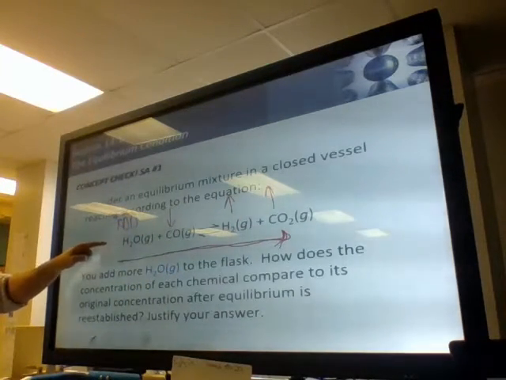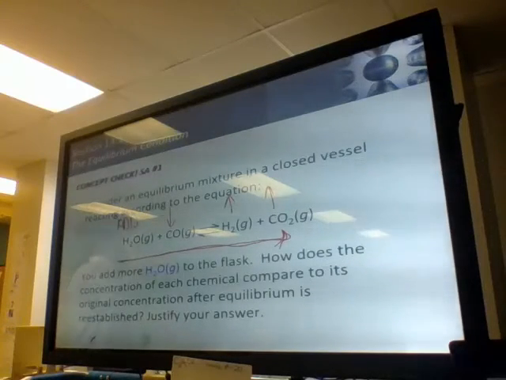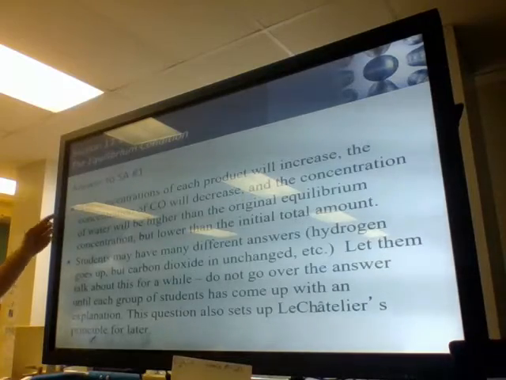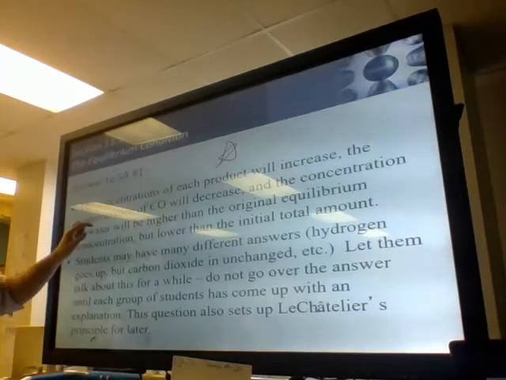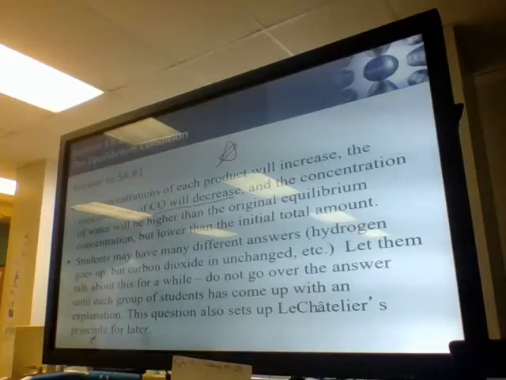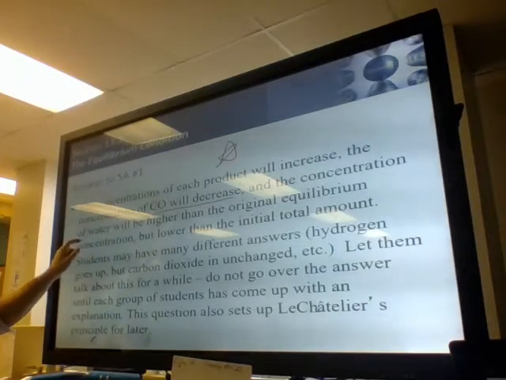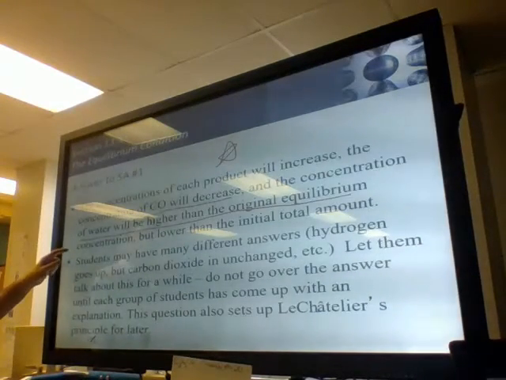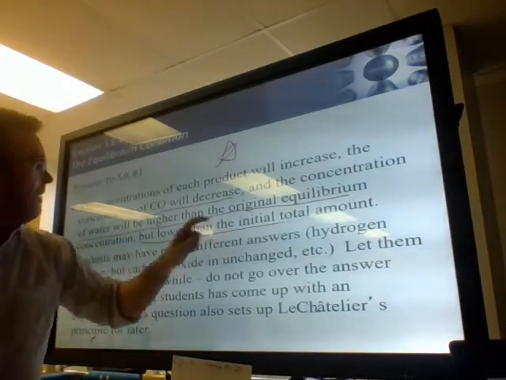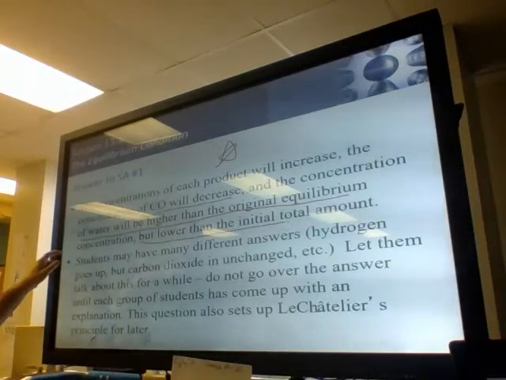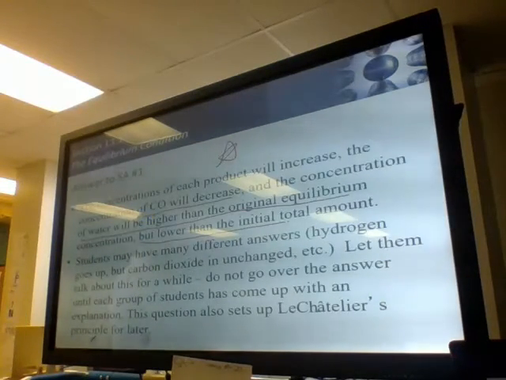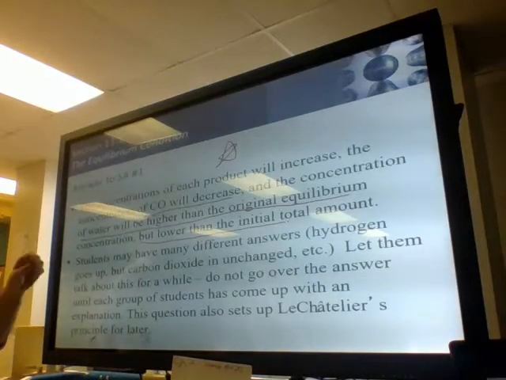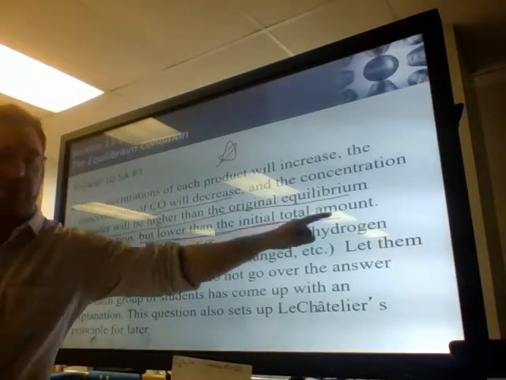When you add H2O, originally, so on the next page it'll say that, the concentration of each product will increase, we know that. The concentration of CO2 will decrease, we know that. The concentration of water will be higher than the original equilibrium, so it'll be higher at the beginning, we just added it, it's obviously higher, but lower than the original equilibrium. So it's higher than before you added it. And then at the end, it's going to be lower because that reaction is now going